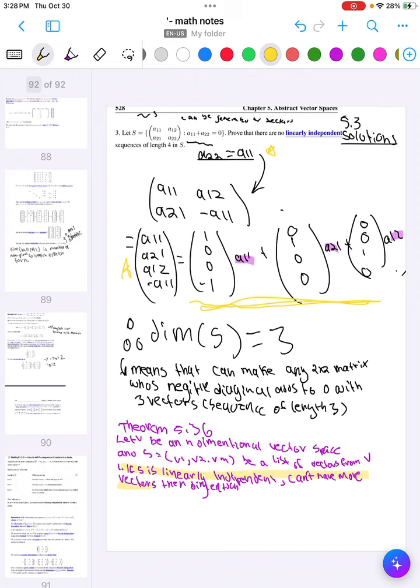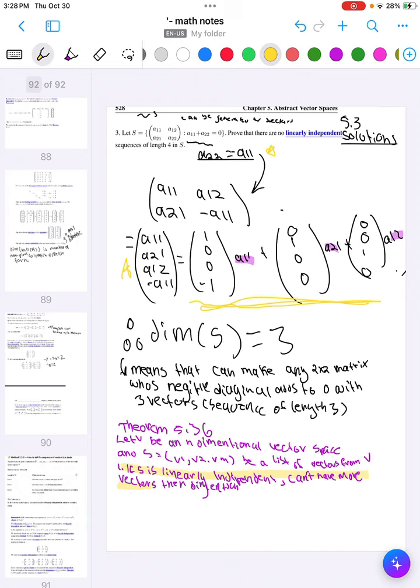And what this means is that you can make any 2x2 matrix whose top left and bottom right entries added to 0 using 3 vectors, and that's why the dimension is 3. And so in theorem